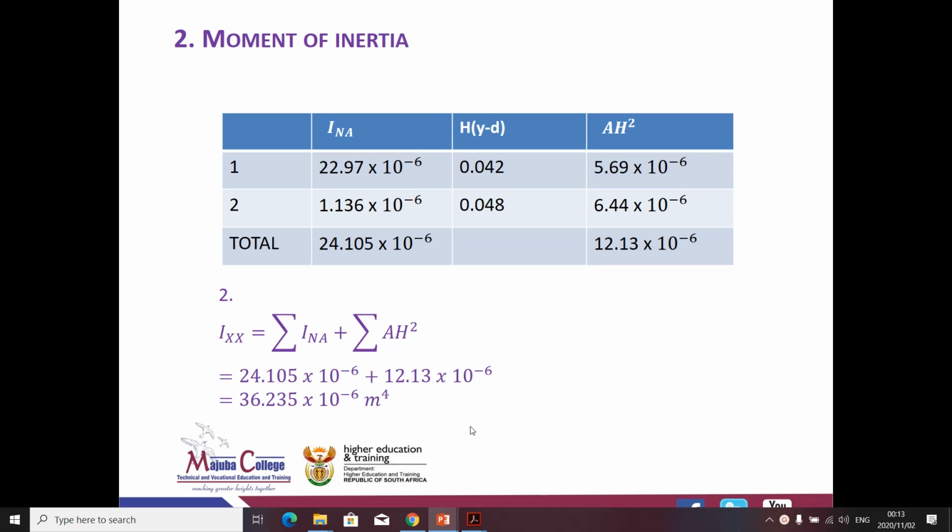Going forward, the moment of inertia, which is number 2. So this is also a little bit straightforward, but how do you go about it? Number 1, this information you'll be given, or we can locate it right from our steel table. So for the I section, the inertia for the I section,